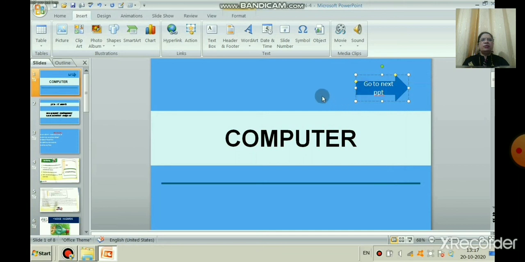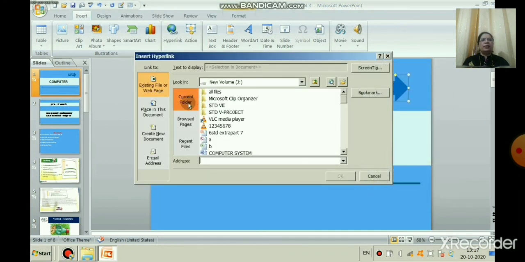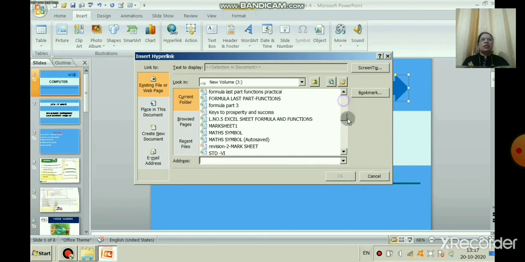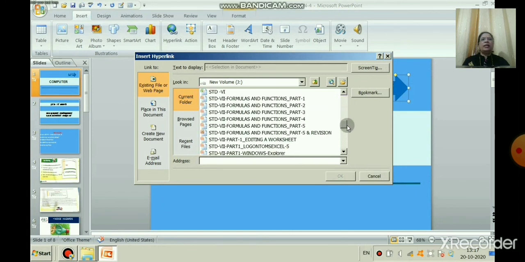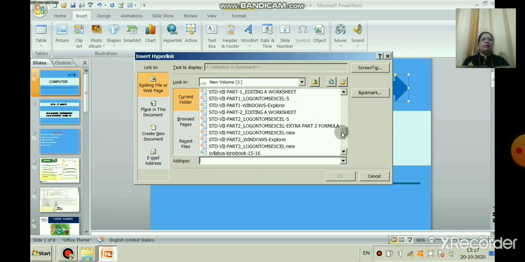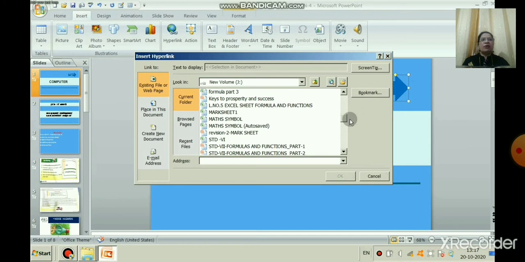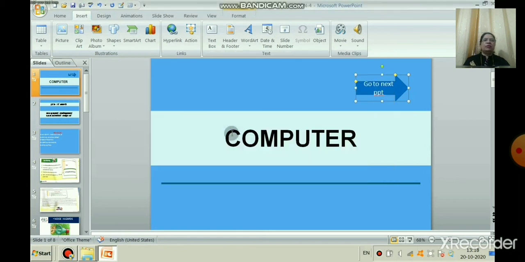Okay, at present we are doing lab activity 4, right? So in my computer the file is there, lab activity 3. So now can you see this current folder and existing file or web page, and the file name is revision 3. Okay, so I will select the file from your computer which you want to hyperlink. So I will select revision 2, right? Now I will go to the here, okay.